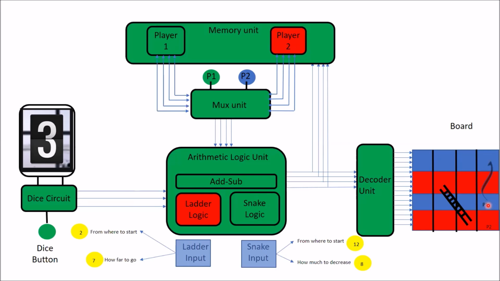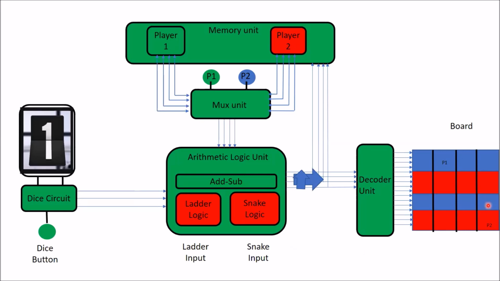Now this board has a special case. Now let us check this special case. The special case is something like that, when you are in the 14th position or somewhere here, in this row. Suppose you are here, so you get 1. That means from 14 you need 1 to win, and you got 1 to win.